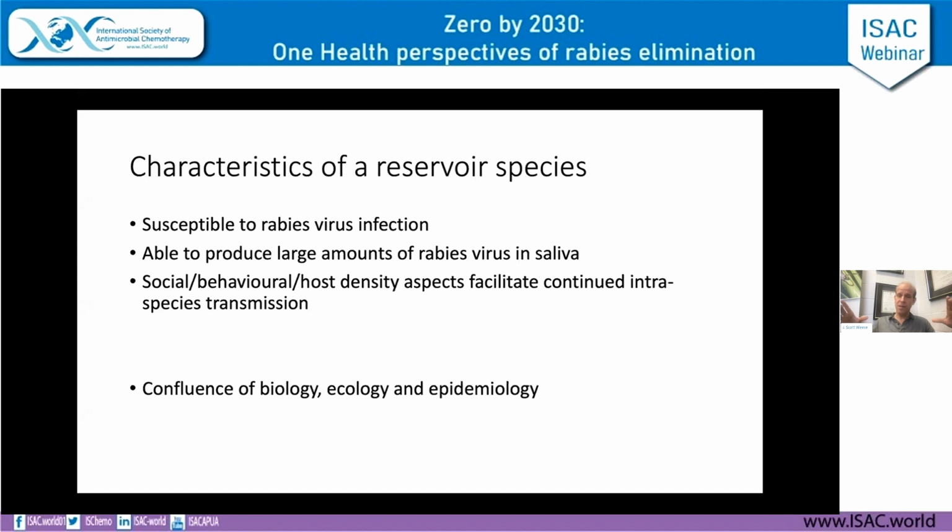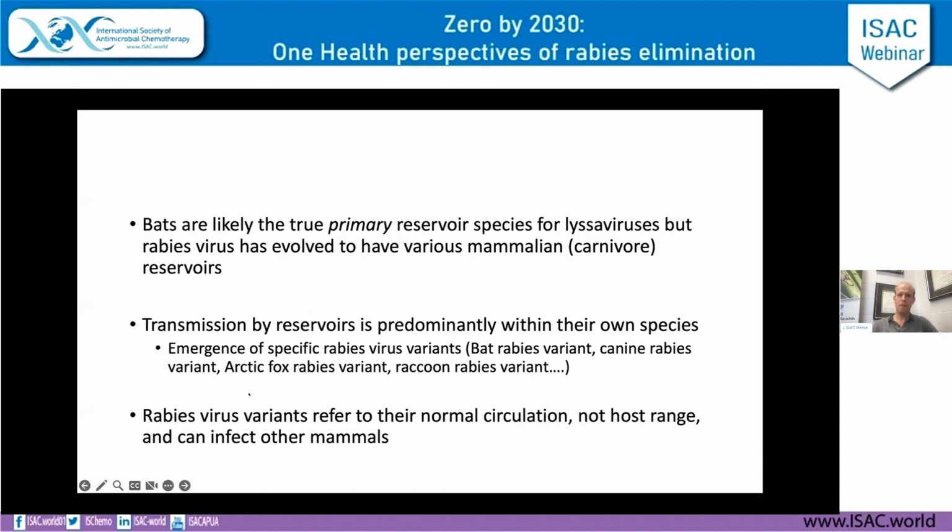So we really need species that live in large populations, mobile populations, have close contact, and contacts of a nature that can transmit the virus for this species to be a reservoir. Like I said, solitary species that don't have that type of interaction, even if they had a variant that was very amenable to infecting them, we're probably not going to see them being a reservoir because the ecology and the epidemiology doesn't fit with that.